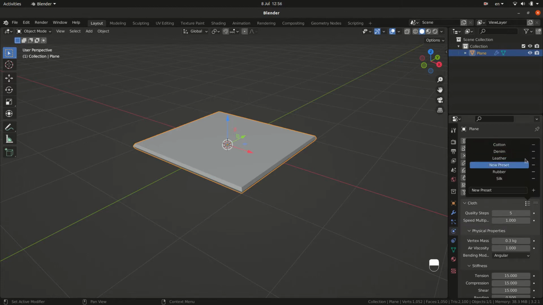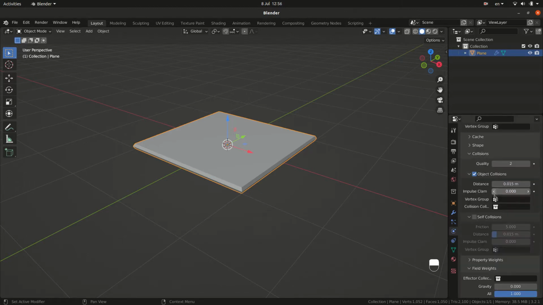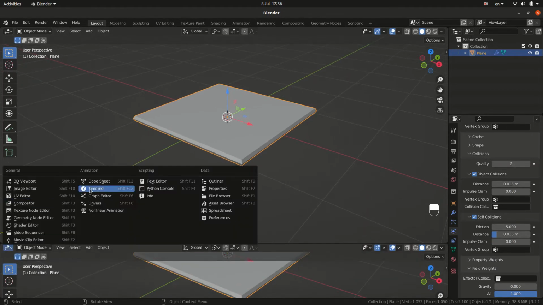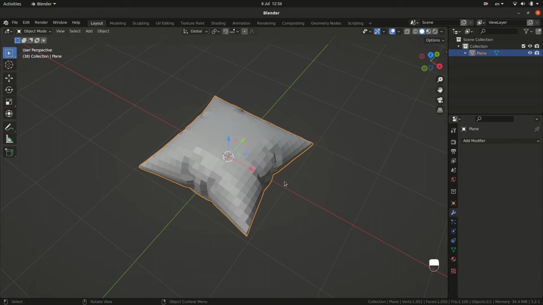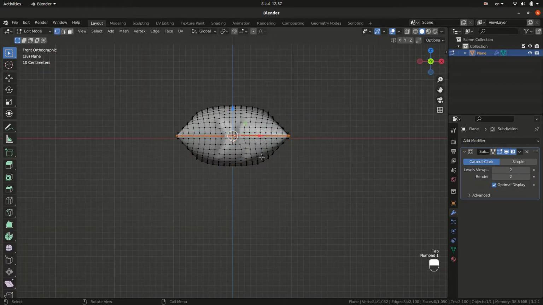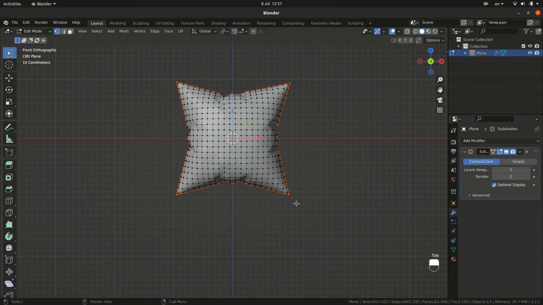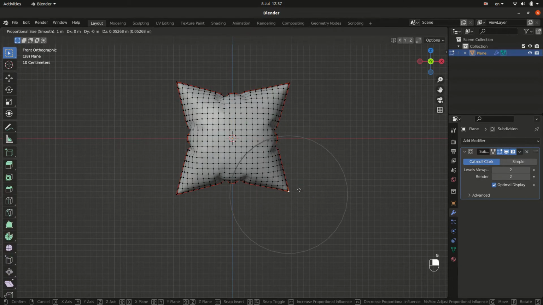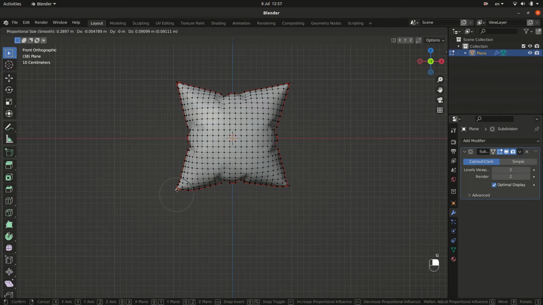We just want to add pressure, so we're going to set up some adjustments and gravity at 0. Set your timeline, and now you can apply this. So it's really easy. Subdivision and shade smooth. Now you can use some proportional editing or sculpting if you want to use this pillow on the ground or